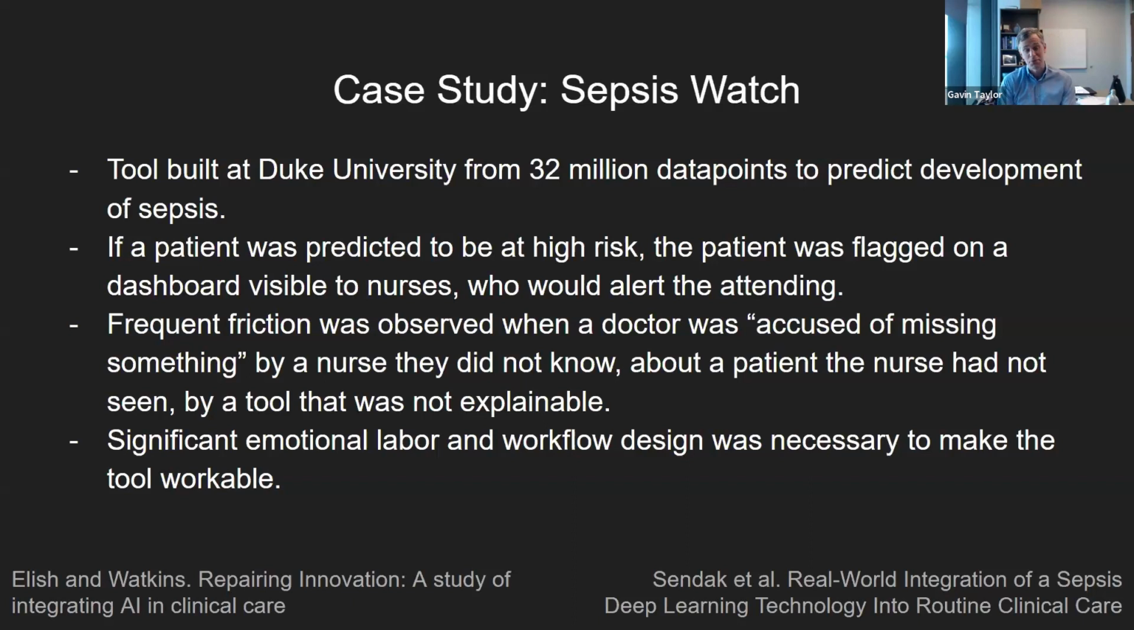This is something called Sepsis Watch, which was a system that Duke University built in order to predict, given somebody's medical records, whether or not they were at high risk of developing sepsis. In general, that system worked well. The way it worked was that if a patient was flagged at high risk, then this would appear on a dashboard to a nurse who would alert the attending doctor